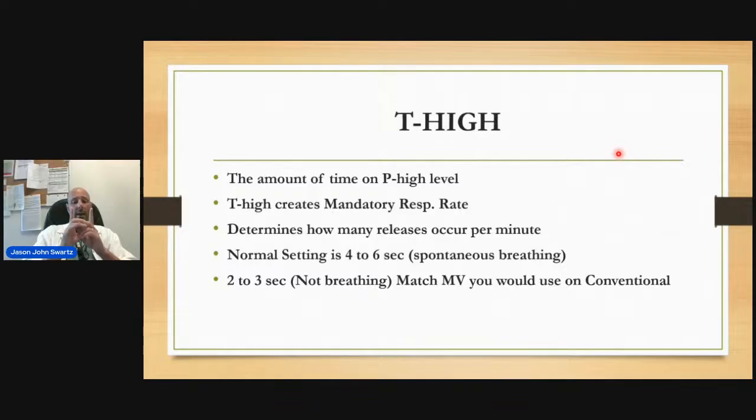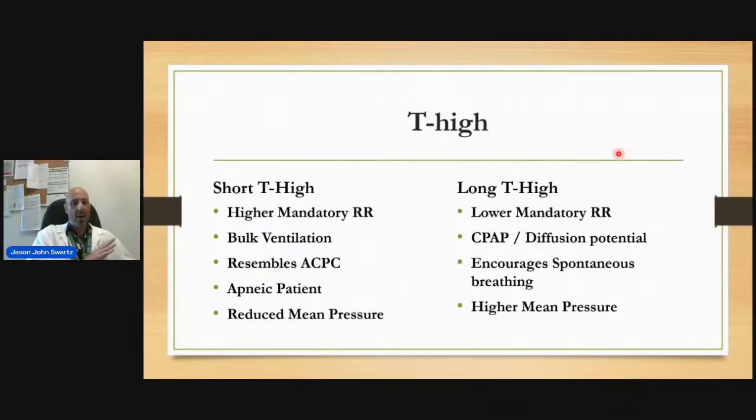These CPAP phases are going to be short initially. You want to create a lot of releases, almost like a mandatory rest rate, to blow off the CO2 initially. So a short T high creates, in a way, a higher mandatory rest rate, or a higher number of releases. This helps to ventilate the CO2 mechanically